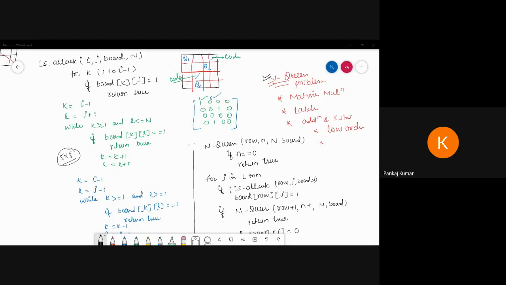Okay, so these are the important terms we have to write in the code. So you can try yourself first.